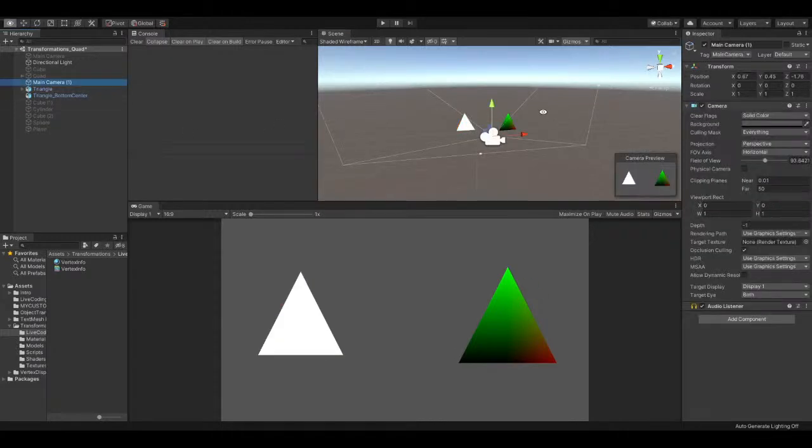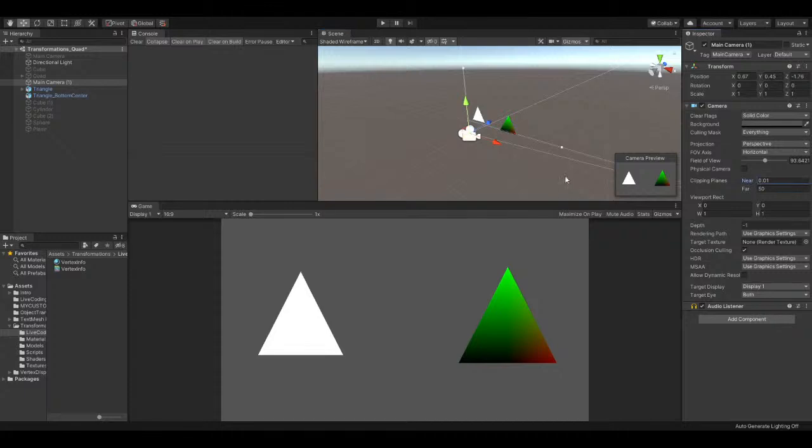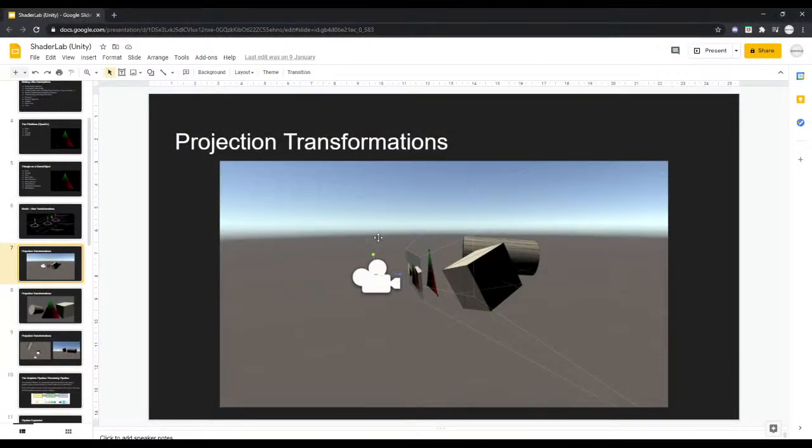whenever I consider this camera, your near plane cannot be 0. It cannot converge to a point. Whenever I set it to 0, it will go back to 0.01. Okay, so that is the whole idea about this projection. Now this projection,